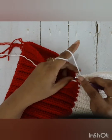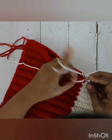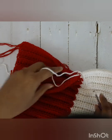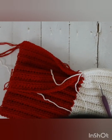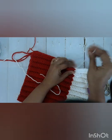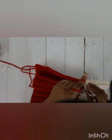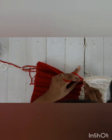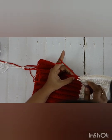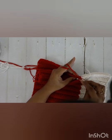So now I am on my last stitch in white, and I will pull through and I'll cut my yarn and fasten off the white portion, and now we will work in a similar manner on the red. Poke through both the loops on my hook, yarn over, pull up a loop, and chain one on this first stitch. And now again we will be making slip stitches